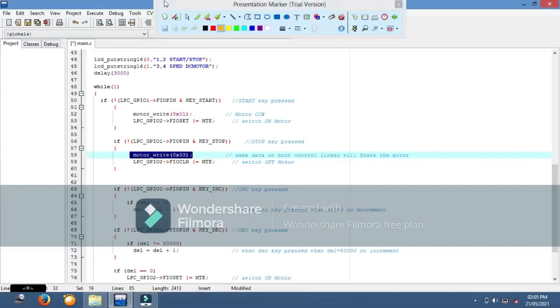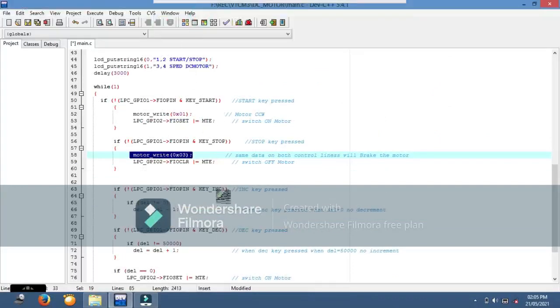Okay, next the key pressed is the increment key. When the increment key is pressed, you see the delay is decrementing. When you press increment, the delay should be decremented so that the speed of the motor will increment.